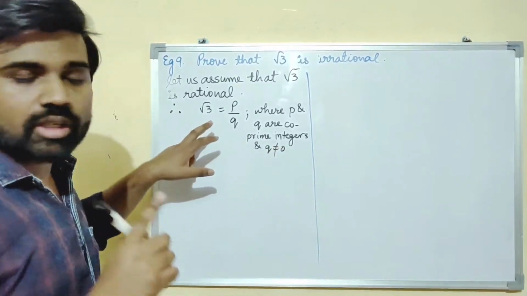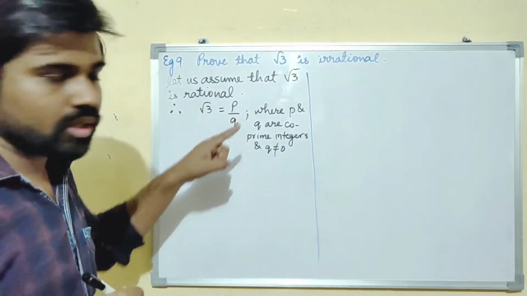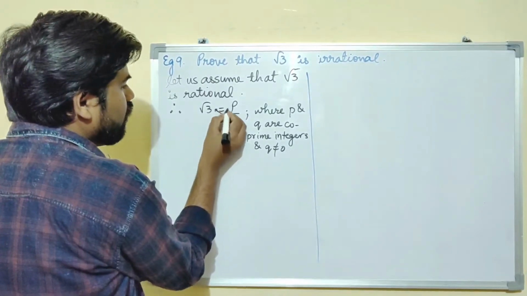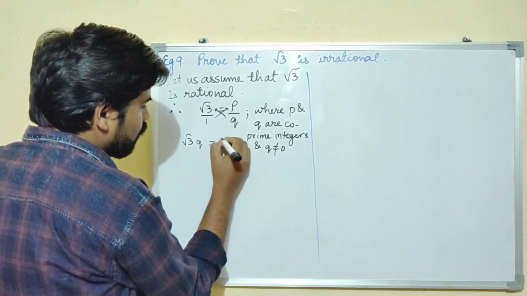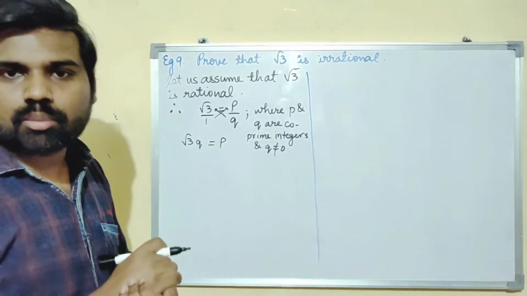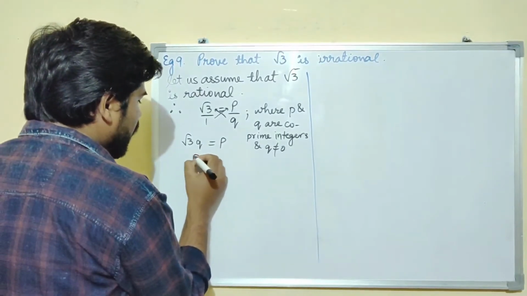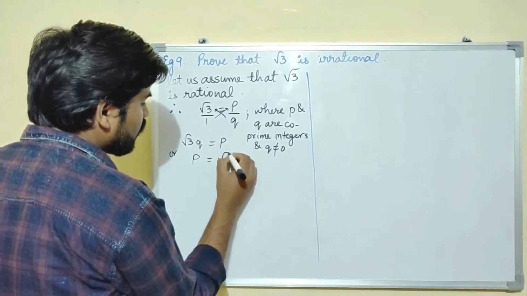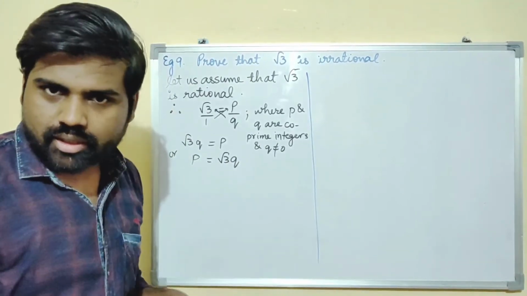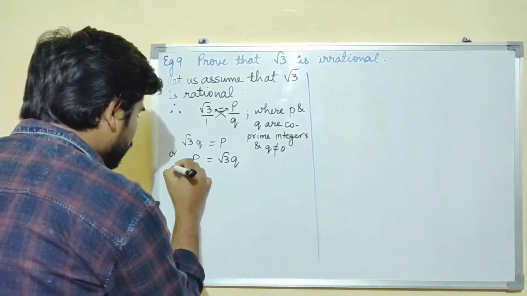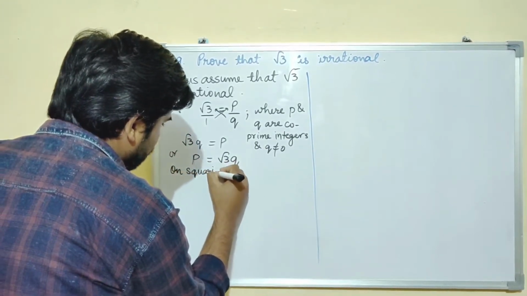Now what did we do in the previous question? We just cross multiplied it. We'll cross multiply here. You'll get root 3 q equals p. After cross multiplying, we rearranged it, we wrote p equals root 3 q. After rearranging, we squared it. On squaring both sides, we can write